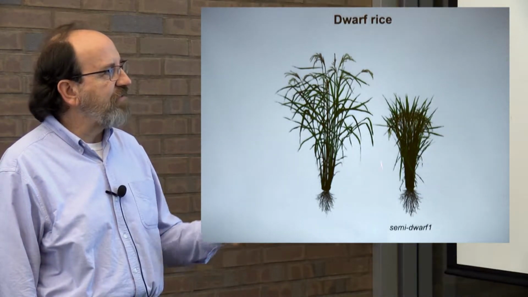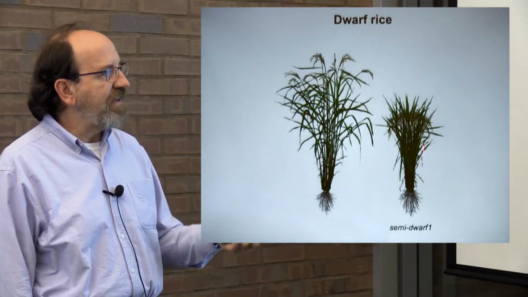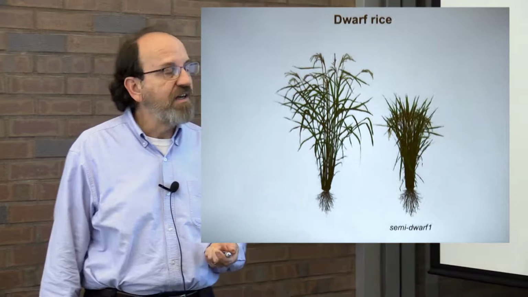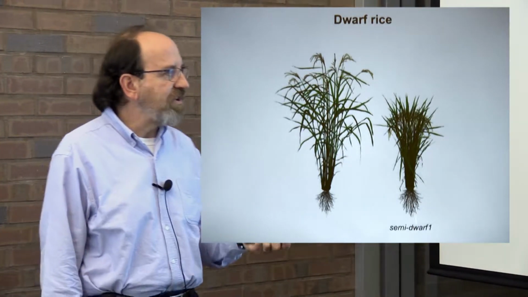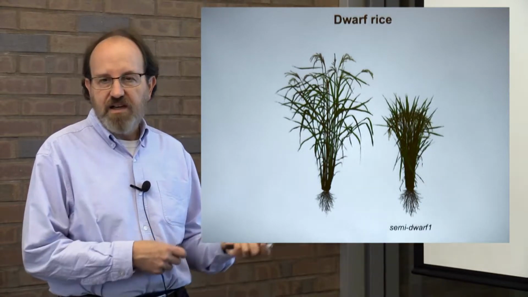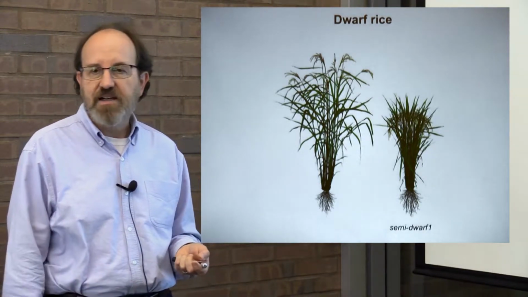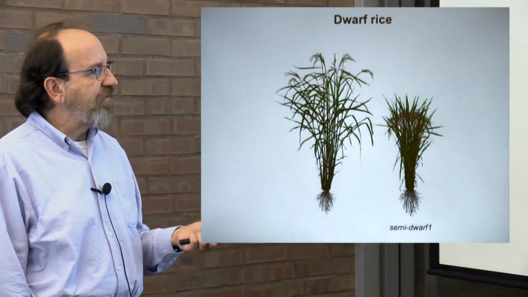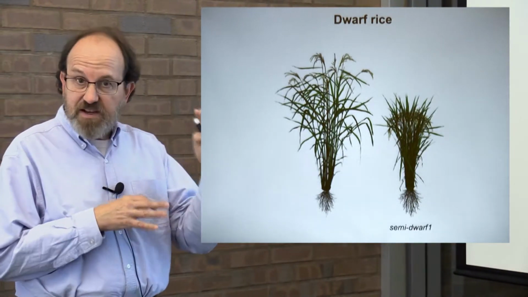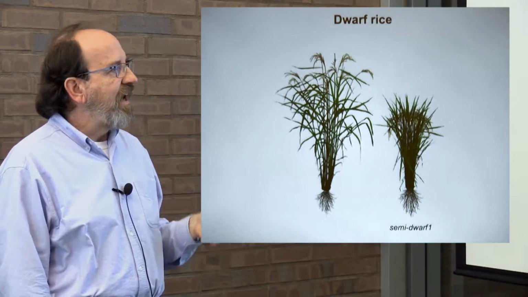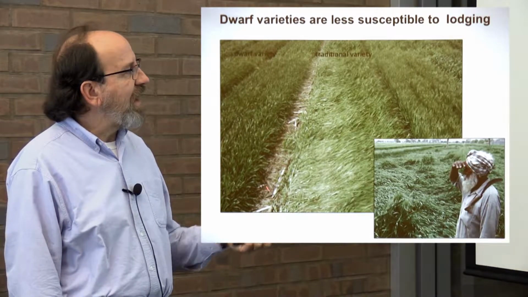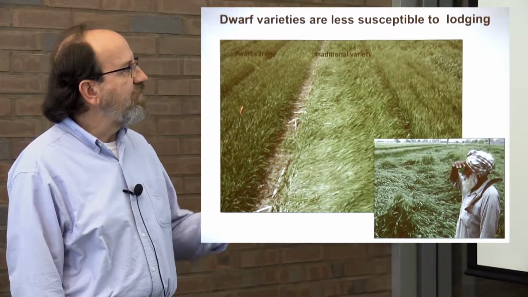because it's the basis for the Green Revolution that occurred in the late 60s and 70s that resulted in dramatic increases in rice yields in Southeast Asia. And similar mutations were important in the increase in wheat yields that occurred in Mexico and in Pakistan and India. They're all basically derived from these kinds of mutations. And these dwarfing mutations, very simple Mendelian traits, were valuable because they allowed rice or wheat to be resistant to